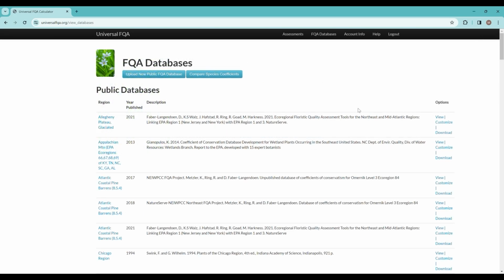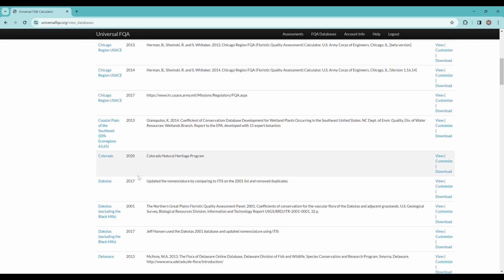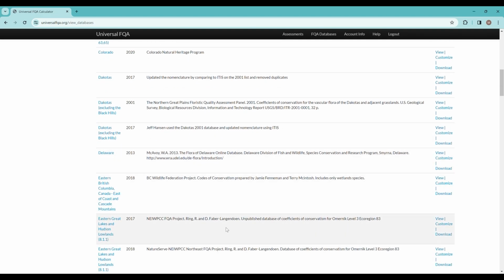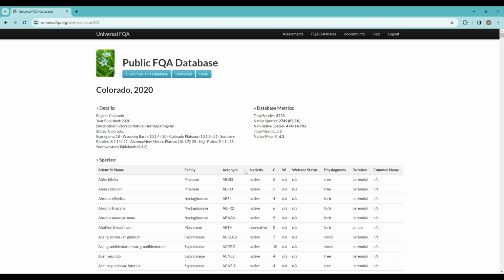Once you have your account set up, go to the FQA databases part of this website and search for what seems most applicable to you. There are different databases set up for regions like the glaciated part of the Allegheny Plateau, different EPA ecoregions, the Chicago region, and also state databases. Like here's one for Colorado, or all of the Dakotas, or the state of Delaware. So you can scroll through here, and once you pick the one that seems applicable to where you're going to be